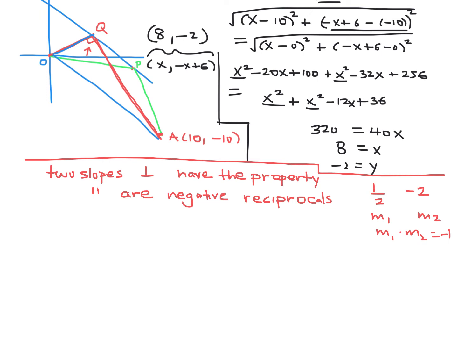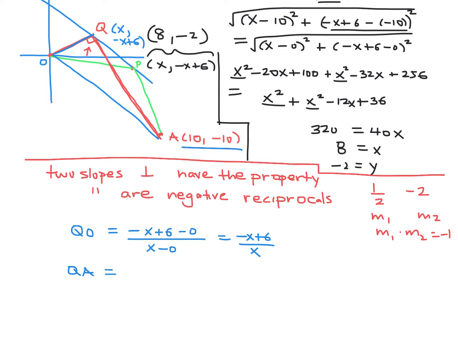Okay, so here we go. QO, the slope would be, well, what is Q? Q is on that line, right? So again, it's going to have the form x and minus x plus 6 in terms of its coordinates. So the slope would be minus x plus 6 minus 0, and then x minus 0. So that's just minus x plus 6 over x. And then QA, we got to take into consideration that point. So that's going to be minus x plus 6 minus 10, and then x minus,